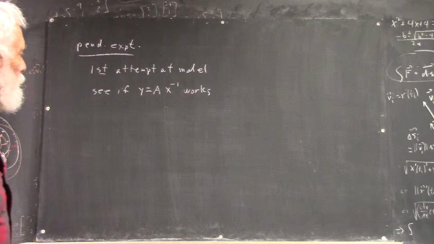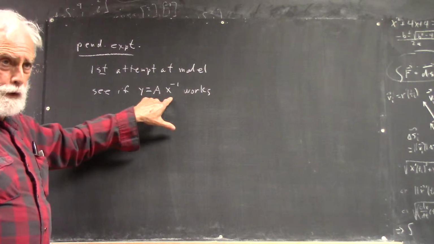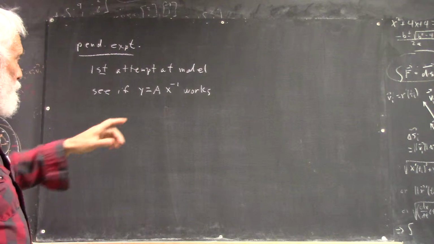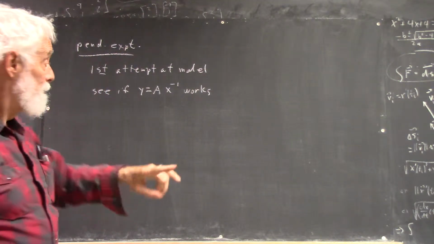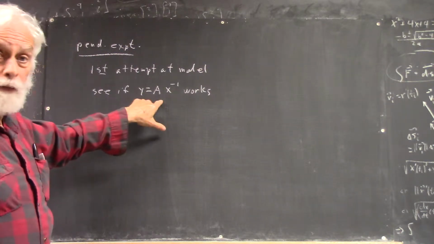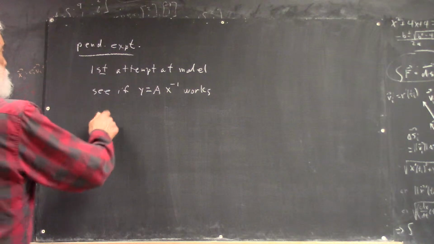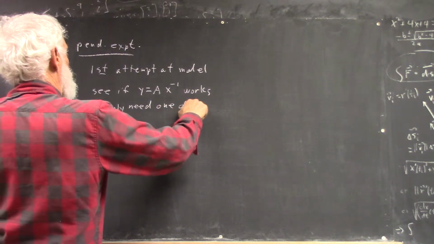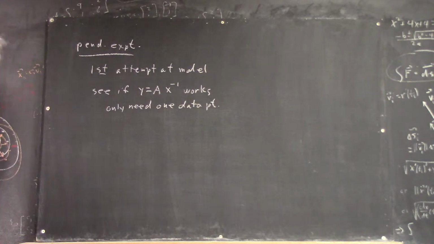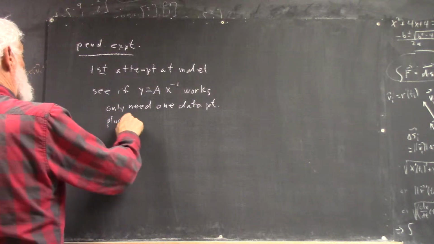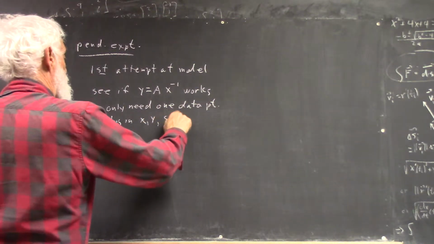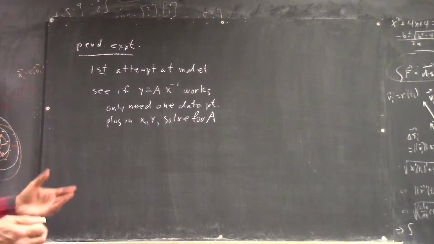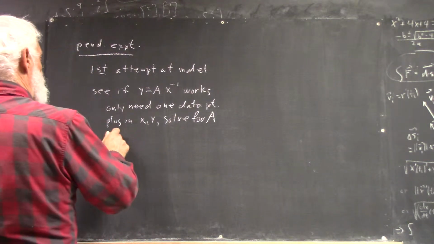first attempt at the model, I think, was to see if y equals ax to the -1 works. Okay? There's an assignment you had early in the semester. It just means that you can take one point, one set of x and y values, and solve for a, right? You only need one data point. Plug in x and y and solve for a. We did this. You did this. Okay? And then